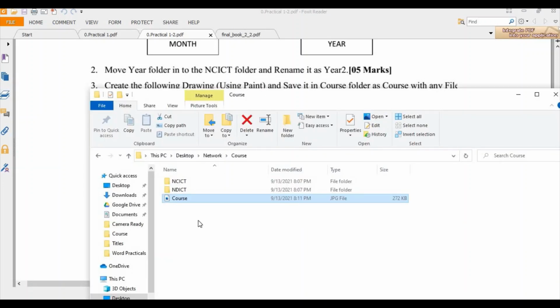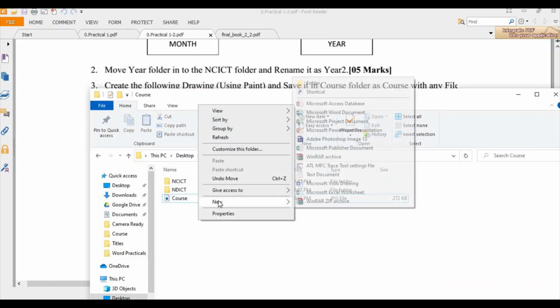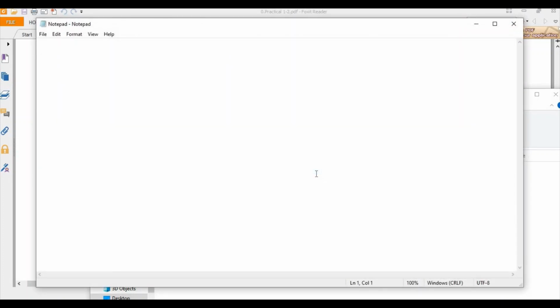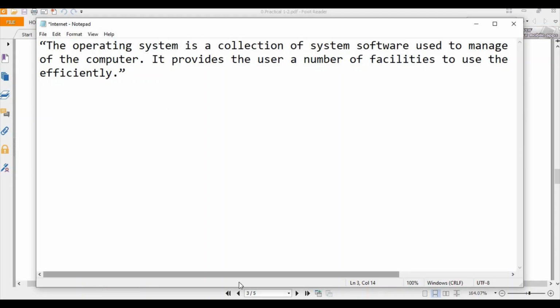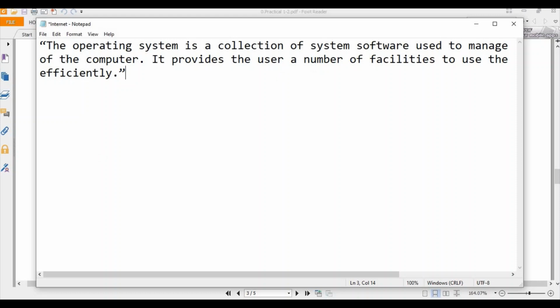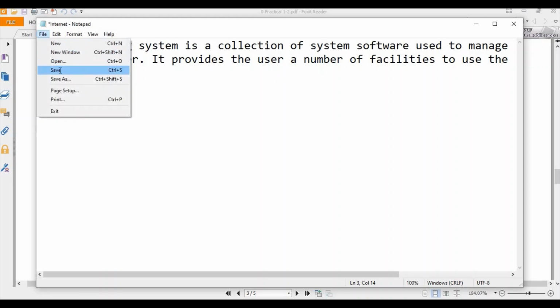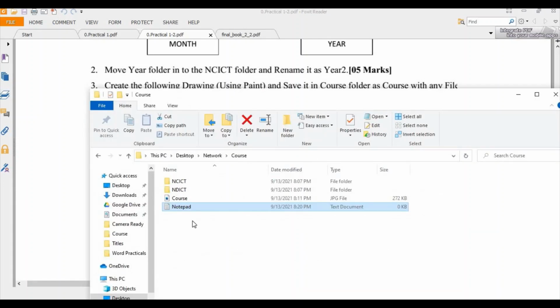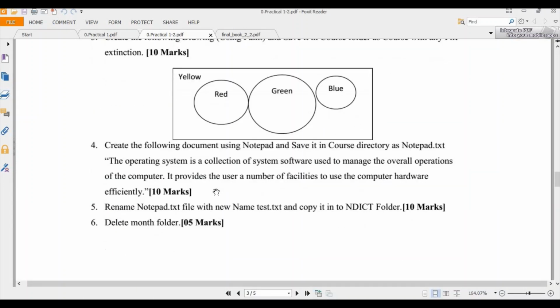Just I am going to the course directory, create new text document, notepad. I am giving a name. Then open that notepad. The given text completely you want to type there. Then finally file, save. Now we'll check the notepad is saved with the texts.